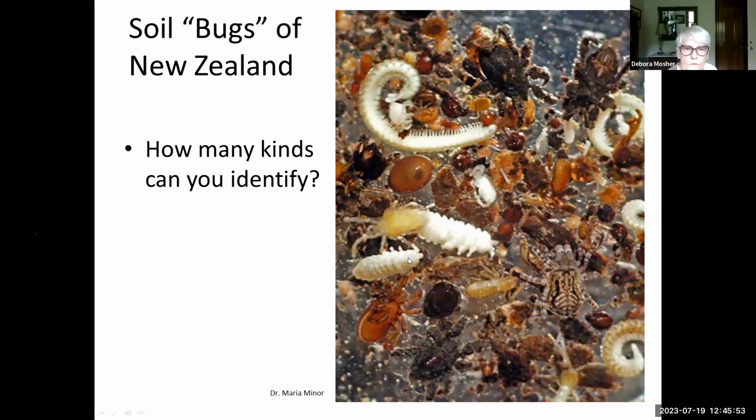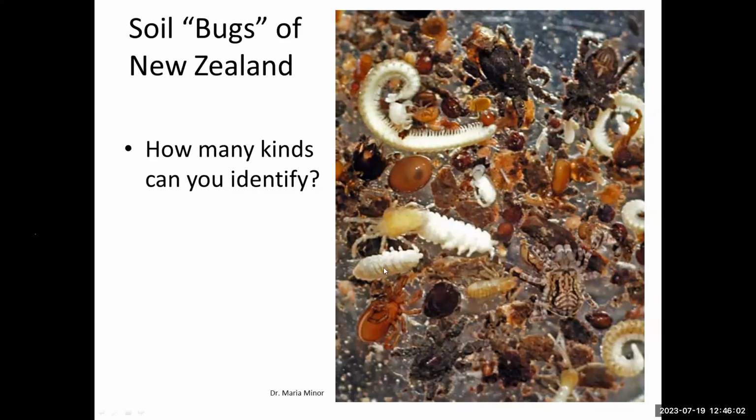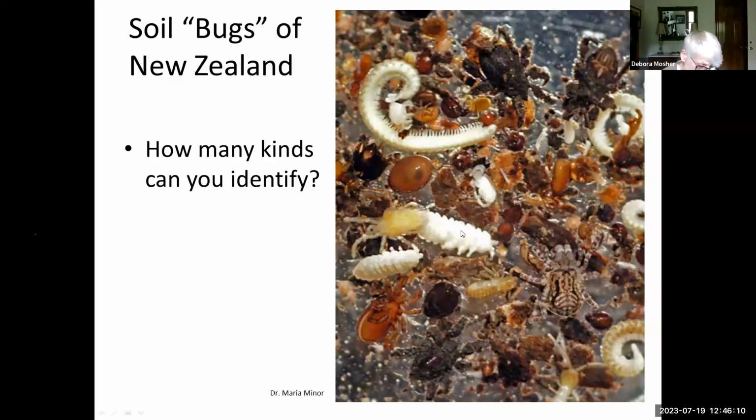Ooh. 6 legs, no antennae. Well, no, they have antennae. 6 legs, antennae, no pigment. Larvae. What do you think? Larvae. They kind of look like larvae because they're white. And you can't see the eyes. They do have eyes, but you can't see them very well. But these are actually springtails. They're one of the families. And plus, these are from New Zealand, so you've probably never seen these particular ones.